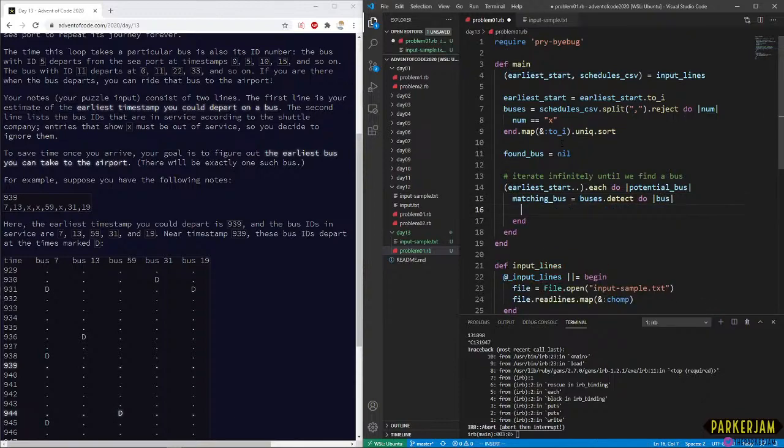I think I like this naming better. So, early start, we don't know if these are actually buses, so let's just call them potential buses. Matching bus. If the potential bus mod a real bus is 0.